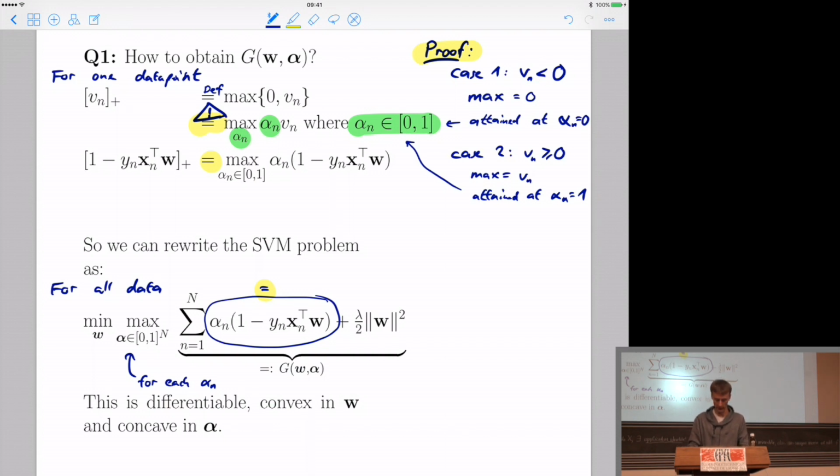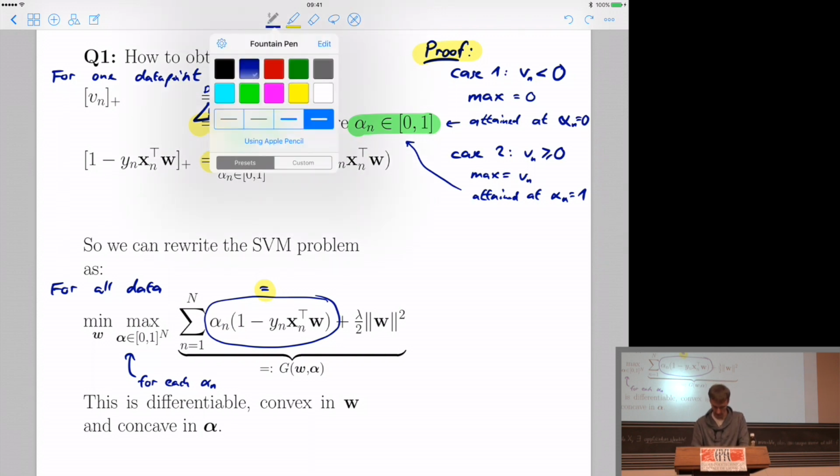Then this is really the same thing. It doesn't matter if you do this maximization before or after the sum, because each of them only concerns a very particular value. Each n has its own variable, and each of them needs to be maximized over the 0, 1 interval. And if we do that, we can use our yellow equality. So we know that nothing has changed. We know that the big thing here,